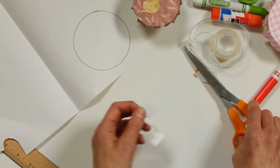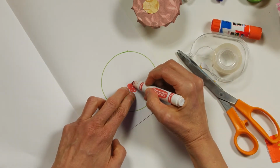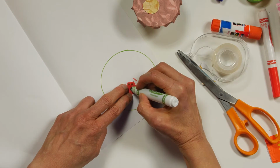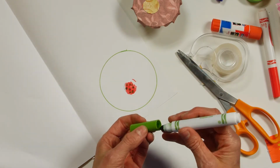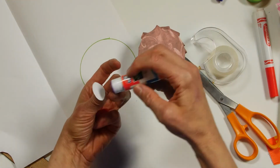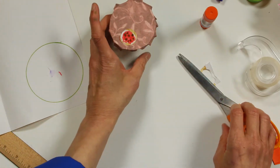I think, you know what? I think I'm going to make spaghetti again. That's nice and easy. So here's my sauce. And I wonder what will happen if I put my green, my meatballs. I could use brown, but I don't have brown. So there are my meatballs. It looks a little bit like pizza too. A little bit more of the glue stick. And on it goes. You could, of course, put other plates around. You could make some chairs to fit. So now I have my table,